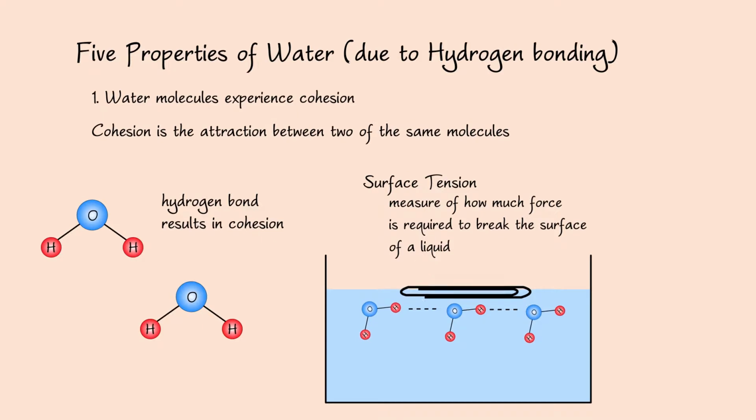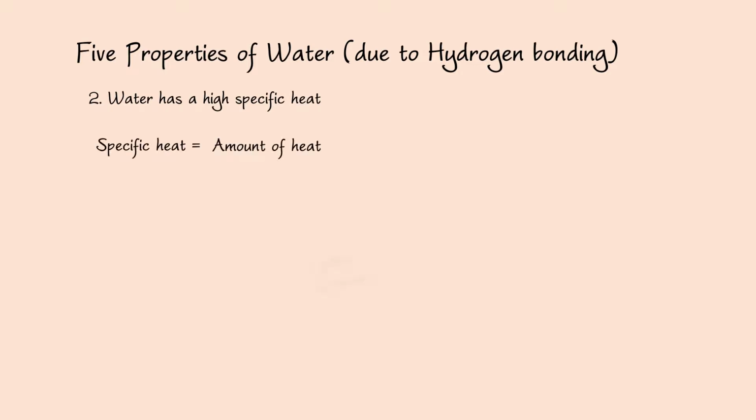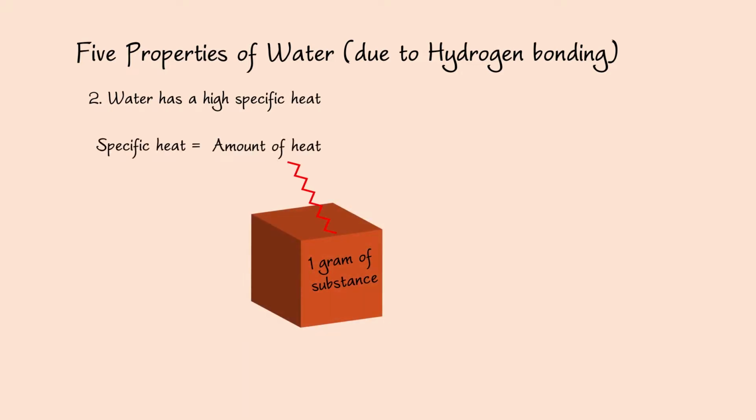We will now move on to the second property of water. Water has a high specific heat. Specific heat is the amount of heat added to 1 gram of substance to raise the temperature by 1 degree Celsius. Because water has a high specific heat, a large amount of heat must be added to raise the temperature